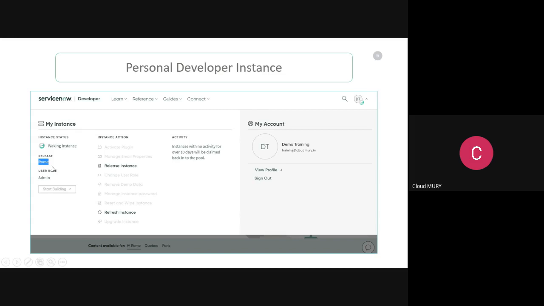Here, if you see, we have two roles. Currently you can see the admin role. The second role we call the application developer role, or app dev role. The portion we are going to cover in our training, starting with this, requires the admin role. How to change this role, I'm going to tell you.